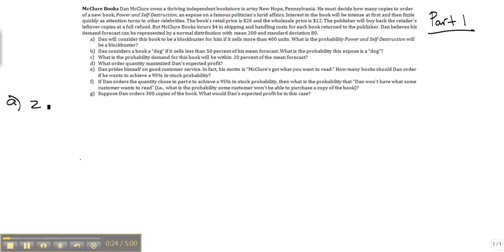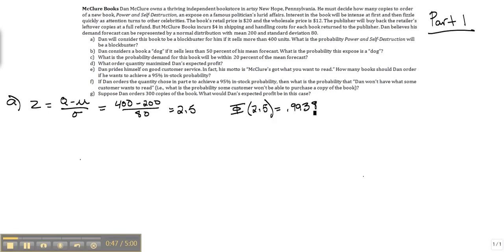Because we know that the forecast is represented by a normal distribution, we can convert that order quantity into a z-statistic using the formula quantity minus the mean forecast all over the standard deviation forecast, or 400 minus 200 over 80, which is equal to 2.5. We can then use the standard normal distribution table to convert that z-statistic into a probability of 0.9938. This represents the probability that fewer than 400 copies will be sold. So to convert that into the probability that more than 400 copies will be sold, we'll subtract this probability from 1, which gives us an answer of